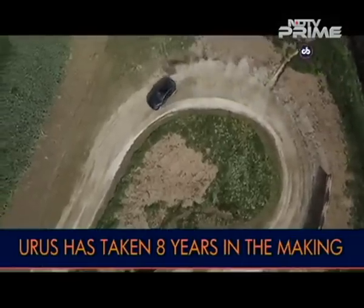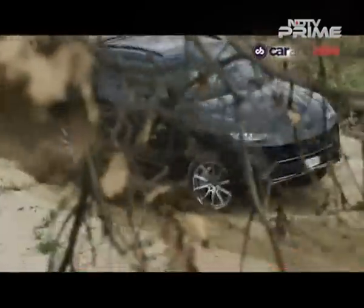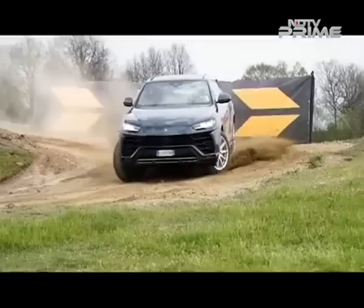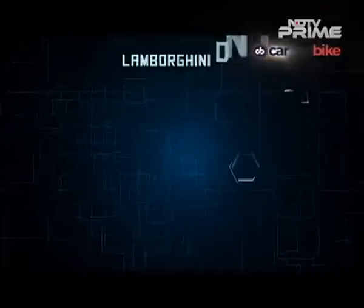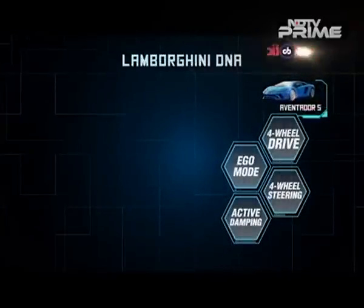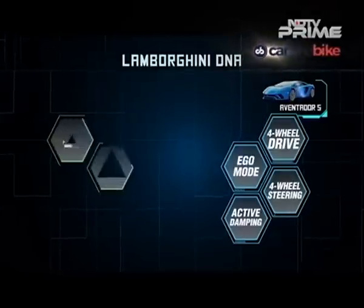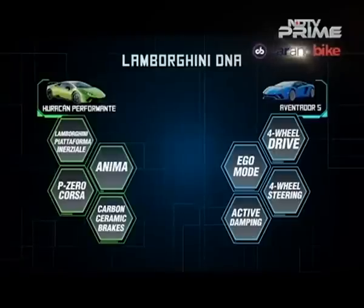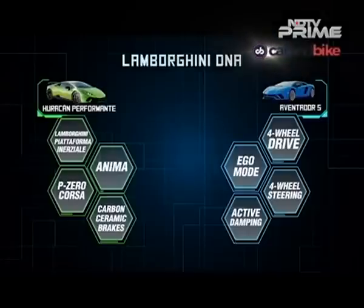Once Lamborghini had decided 7 or 8 years ago that going to an SUV model was clear, it started to chart out a course. That meant taking the best of what exists and adding what was needed. And so the final product had the following from the Aventador side: 4-wheel drive, 4-wheel steering, active damping, and the Ego mode. From the Huracan, it takes the Anima P0 Corsa tire option, carbon ceramic brakes, and Lamborghini's Piattaforma Inerziale,